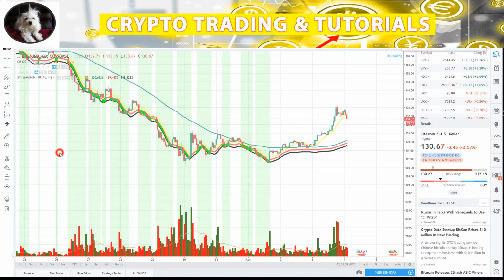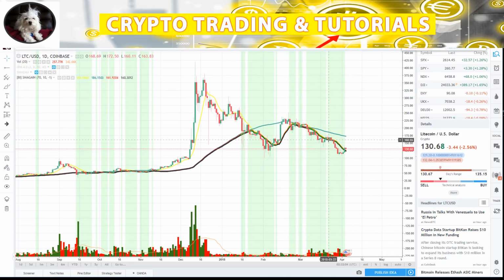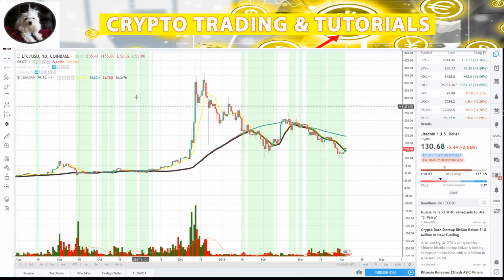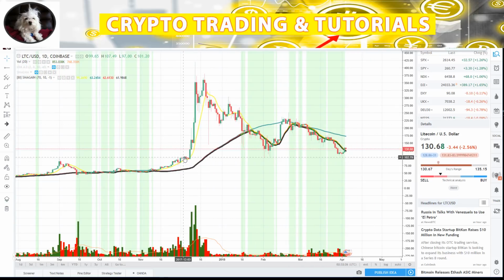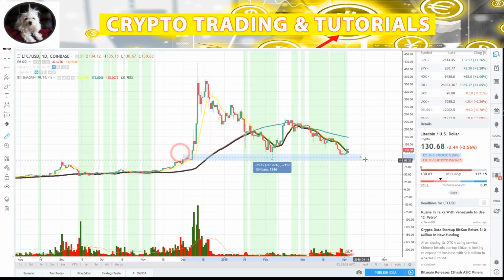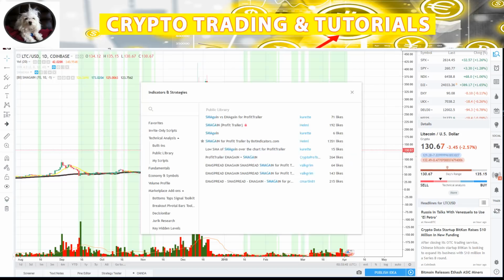We can go to the daily, okay? I already mentioned this. But on the daily, you'll see here, it's pointing at various times where pretty much everything now is a buy. Because it comes down to the moving averages, basically. But everything now is a buy, mainly because of the historical price of LTC, on recency, right? Now, obviously, it's getting close to this $75 level, but it's got quite a bit of support at this range. So that's this indicator. In recap, how you find it is go to indicators, type in SMA gain, and